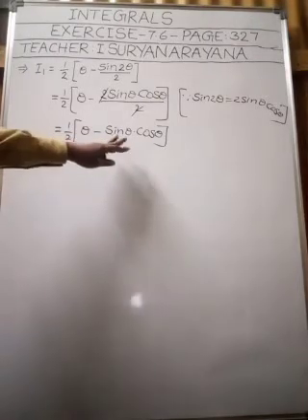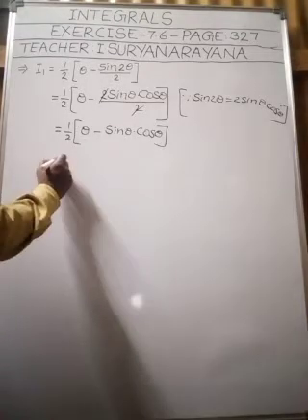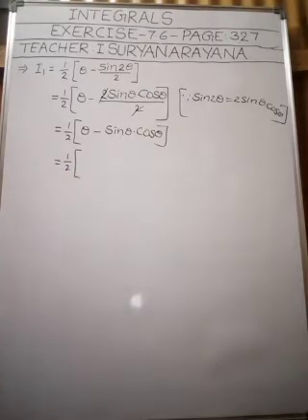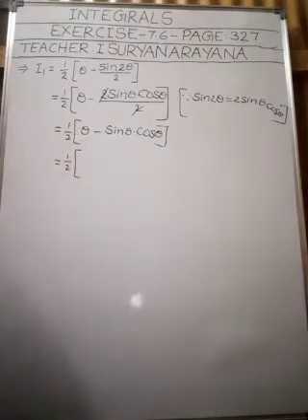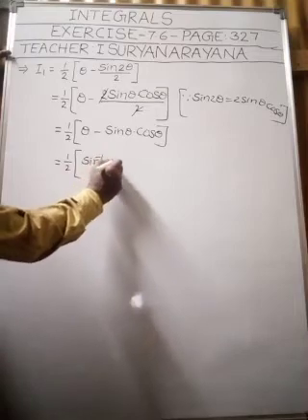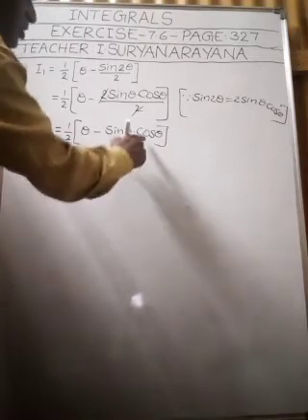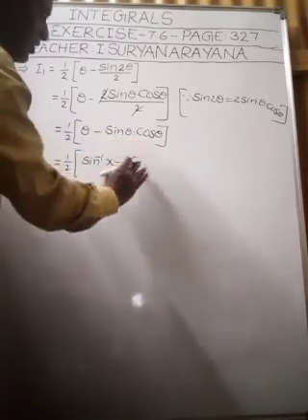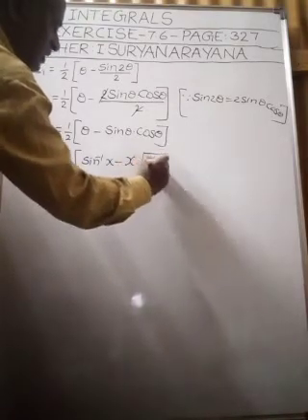That is equal to 1 by 2 into, previously we considered x is equal to sin theta, then theta is equal to sin inverse x, minus sin theta into cos theta, which can be written as root of 1 minus sin square theta, isn't it? So root of 1 minus x square,